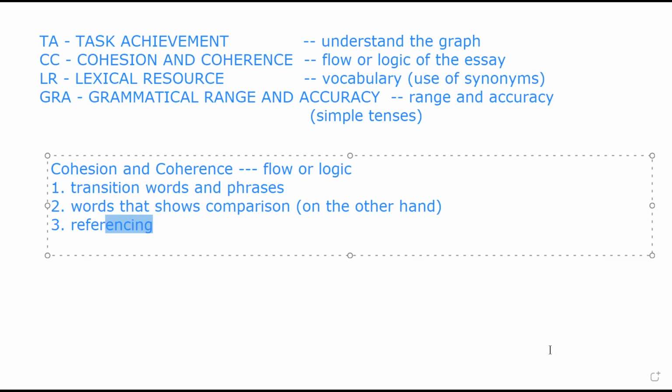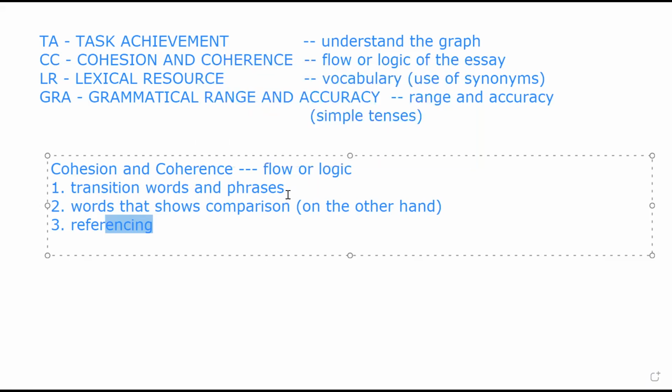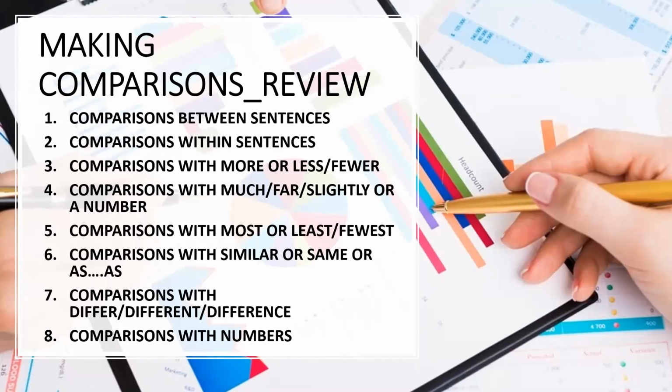So in writing the body paragraph, the common idea is to use transition words and phrases, and that is actually correct. But more to that, are these making comparisons. So we have here making comparisons between sentences, comparisons within sentences, comparisons with more or less, comparisons with